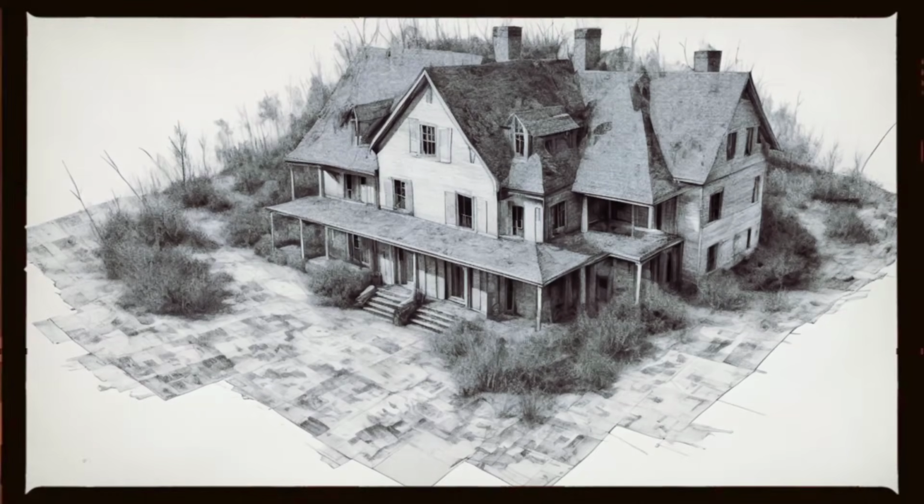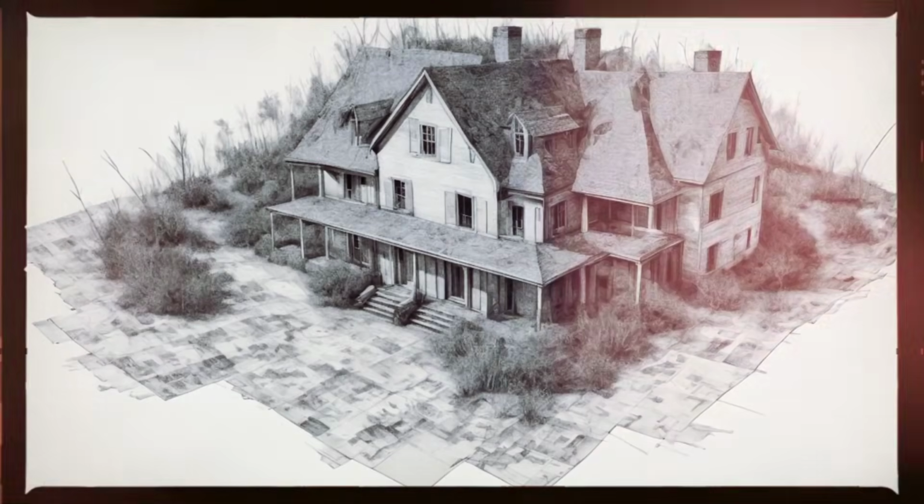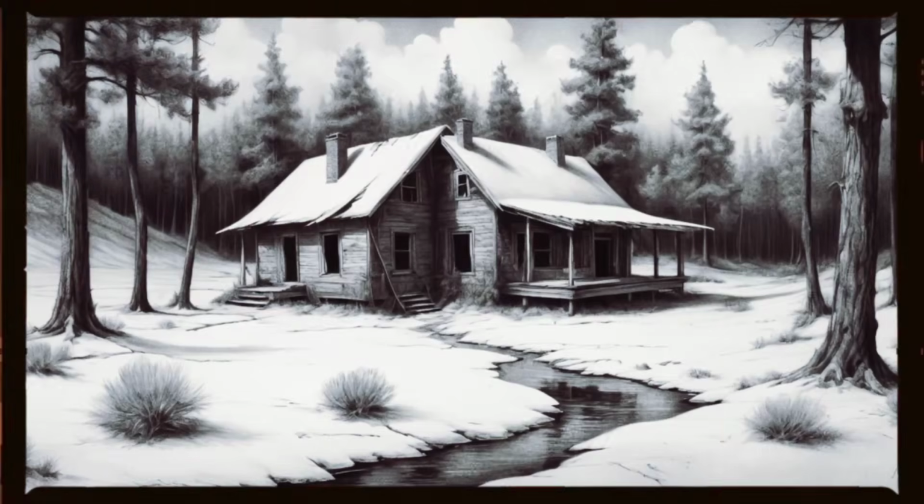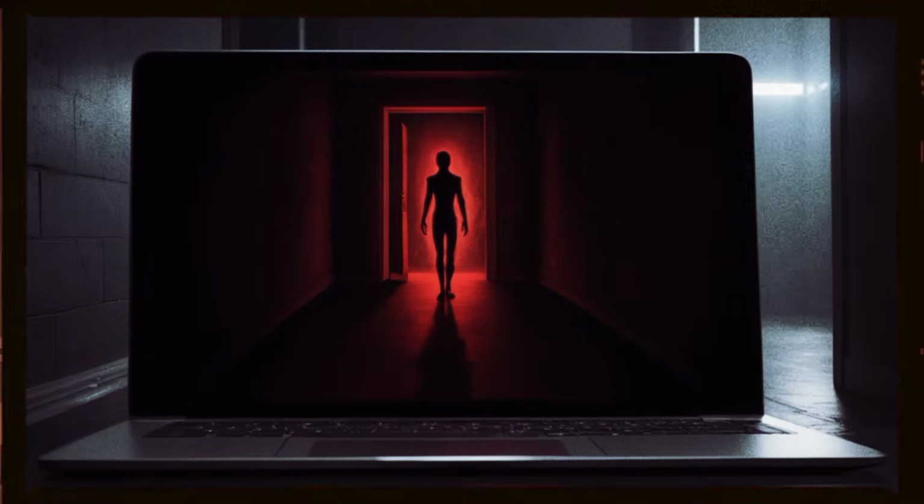And that's when my phone lit up. I hadn't touched it. I hadn't connected it to the internet. But a new app appeared on my screen. Black icon, white text, "Return home." I tapped it. It opened to a map, a real-time GPS. It showed my current location. A red dot blinked. Below it, distance to home, 12.8 kilometers. I stared, because that wasn't the distance to my apartment. It was the distance to a forest outside the city, the one from the satellite view, from the dream. The house wanted me back.